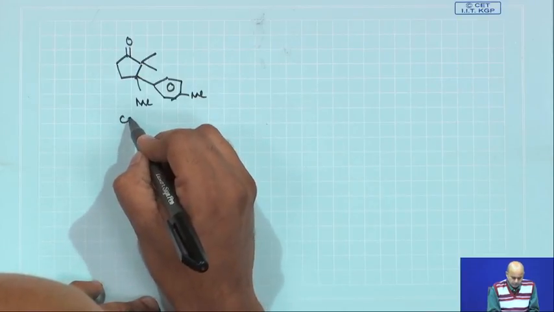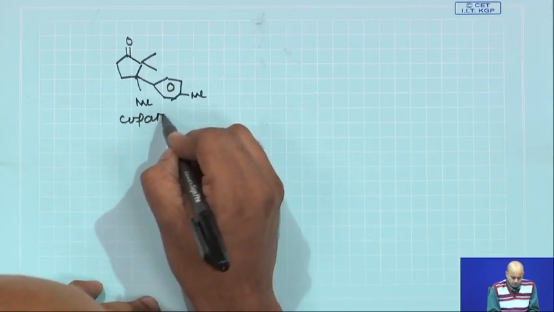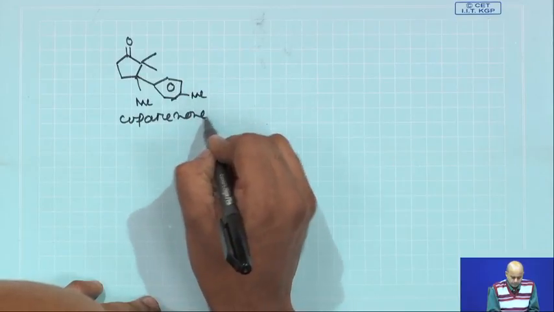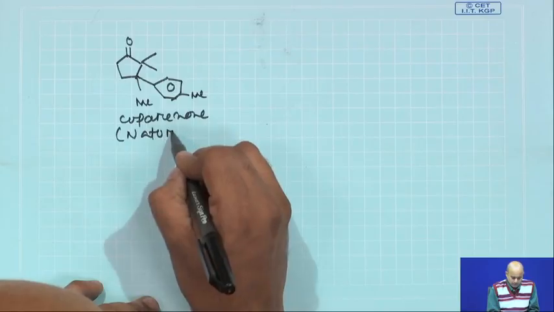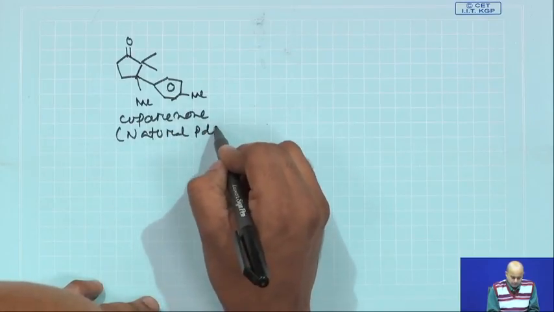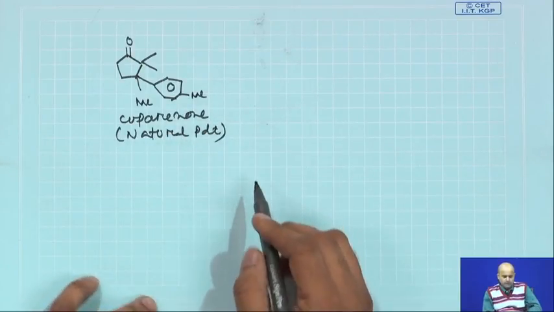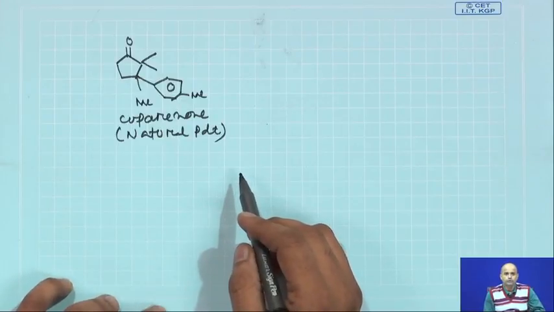Its name is cuparinone. It is a natural product,